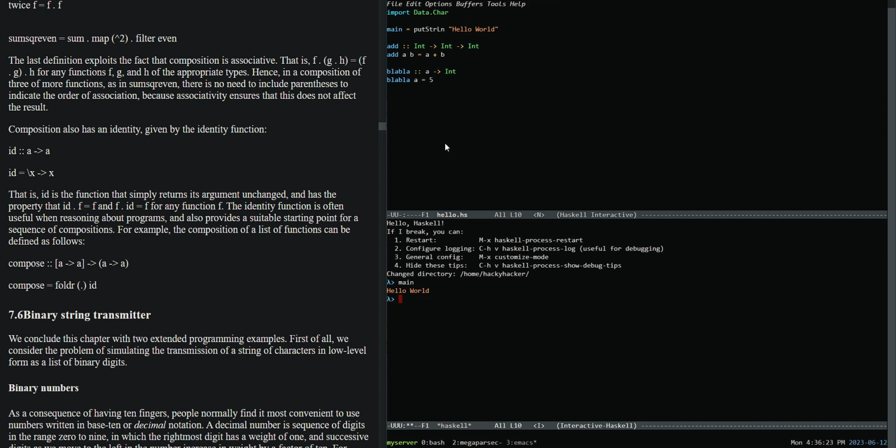For example, let's say we define a function f equal to, and g equal to +1. Now if we do f of g of 1, we get that, but we can also do